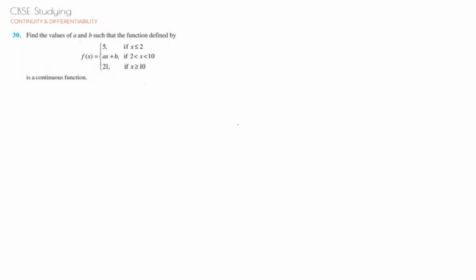And we were given that the function is already continuous. So what I told you is that when a function is already continuous, we are given a hint that it is continuous. So whenever a function is continuous, what do we know? We know that LHL is equal to RHL is equal to f of c. Then we will use either LHL or RHL and equate it with f of c, either way. So you can equate it either way depending upon your condition.